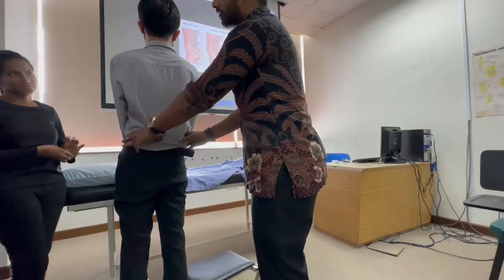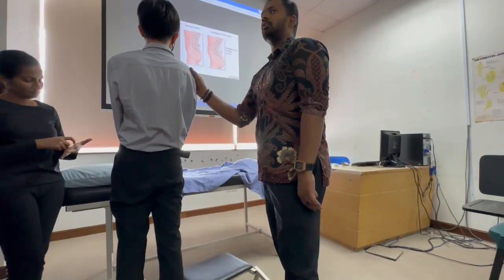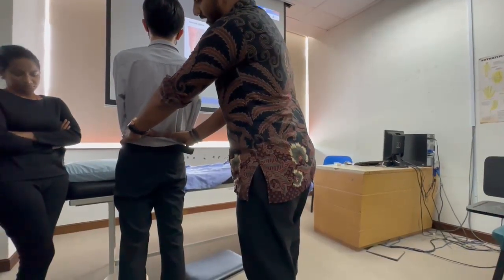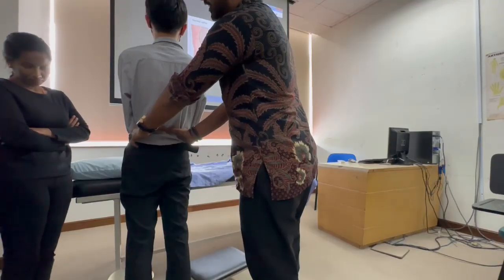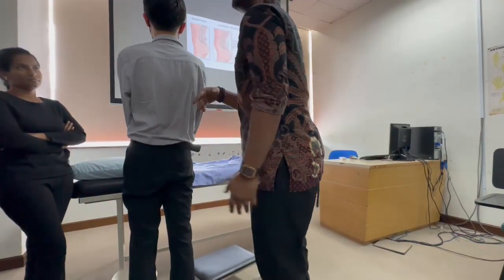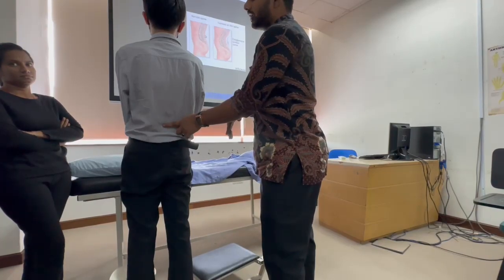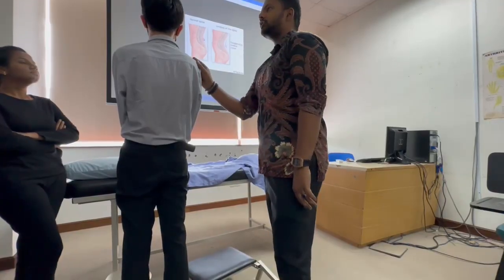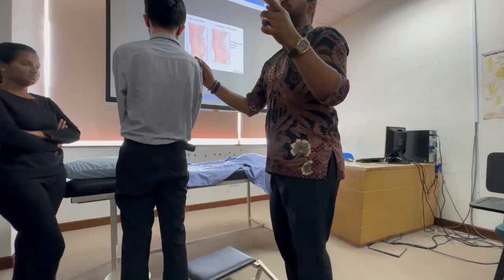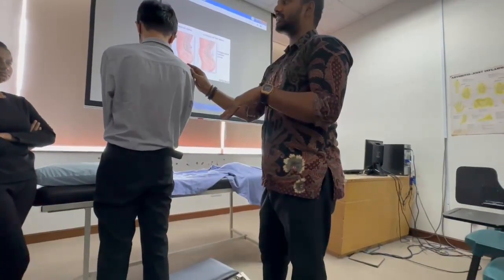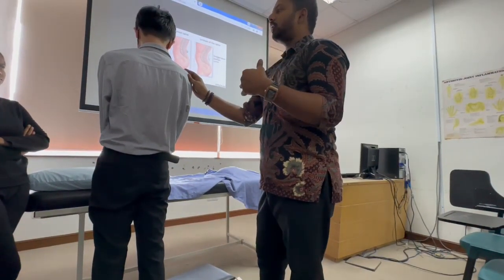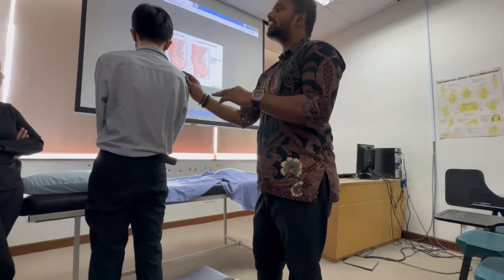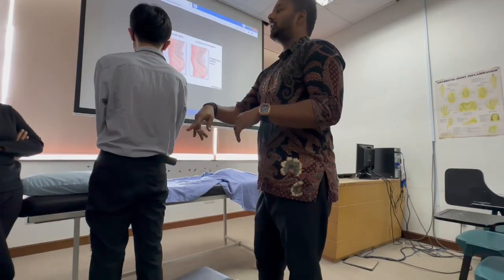So accordingly, I run through a few levels and ask him where's the highest level of tenderness. That's my estimated level of lesion. So let's say if I palpate at L4, L5, he has mild pain. L3, L4, he has severe pain. Okay, so my estimated level of lesion, and of course, let's say L3, L4, he has the severest pain compared to every other possible level. So I'll keep L3, L4 in my head. So when I'm going to examine tone, power, reflex, I'll be very careful when I'm examining the myotome for L3, L4, dermatome for L3, L4. Because I've anticipated, if my palpation is really accurate here, I will anticipate that